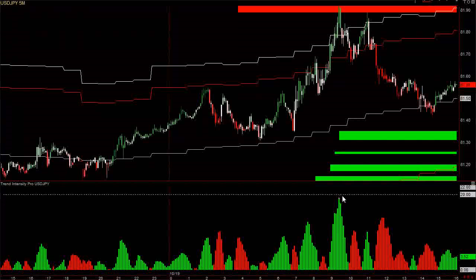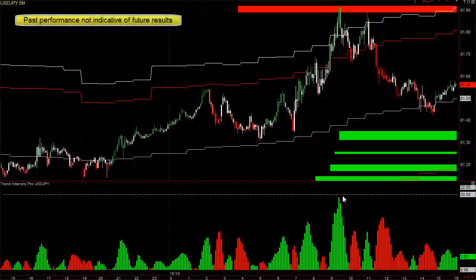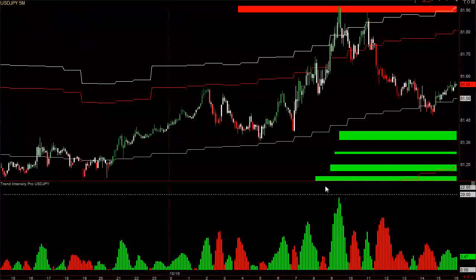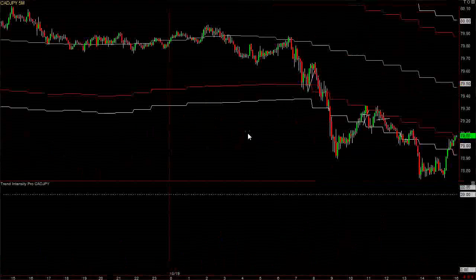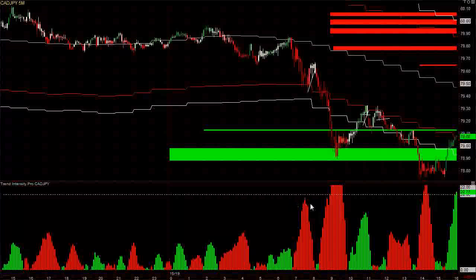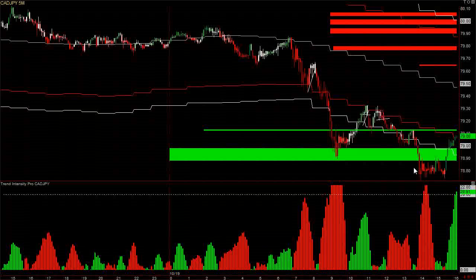Again, these trades don't always lead to huge moves, and oftentimes you'll have a loss, sometimes 2 and sometimes 3 before the move continues. But anytime you see extreme strength or weakness of 20 or higher on our Trend Intensity Pro, those trends oftentimes continue, and it makes a great trading